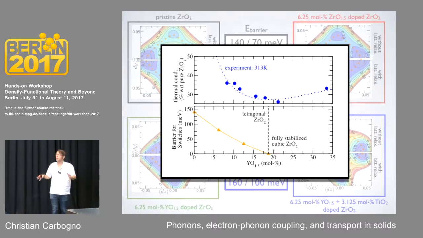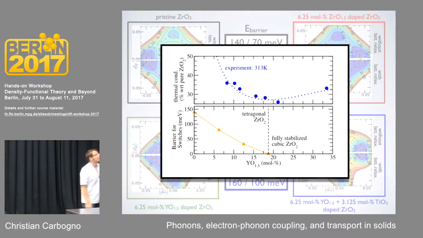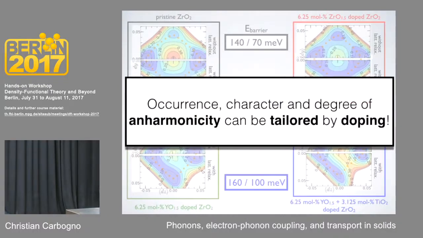your doping has become so strong that this situation with different minima is annihilated. You get really a true new minimum at the cubic state. This is roughly at 17%. There you have a fully stabilized cubic system. And at that point, where one real minimum exists again, you also see the thermal conductivity going up again; the harmonic approximation works better and better, and the thermal conductivity becomes larger. So in a nutshell, this should have shown you that you can also tailor anharmonicity by doping.